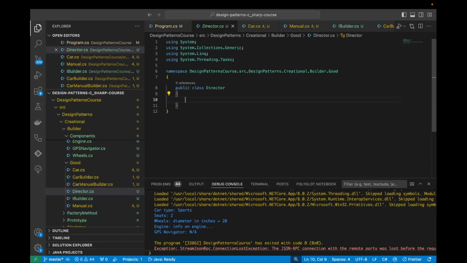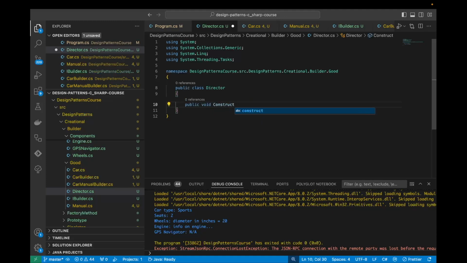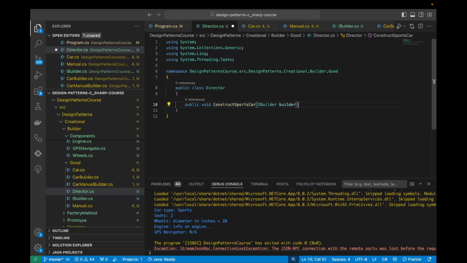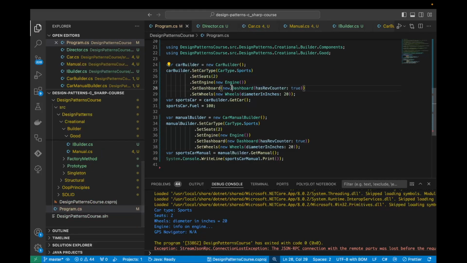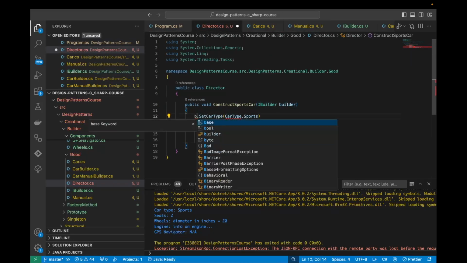And we're going to give this class two methods, one for constructing a sports car and one for constructing an SUV. So first of all, let's create the construct sports car method. And we need to pass the builder to the method. And then we can call all of the build steps on this builder. So I'm just going to copy them from our client code that we have here, and this needs to be builder,